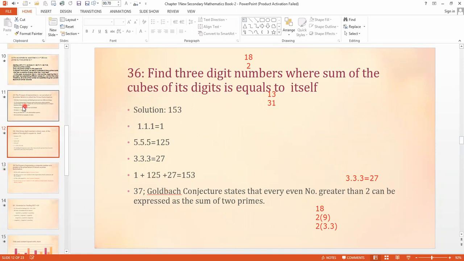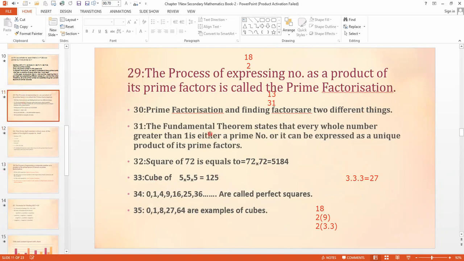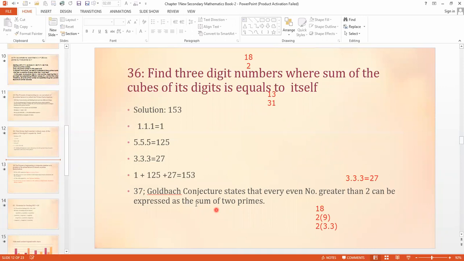Firstly, we learned about the fundamental theorem. What is the fundamental theorem? That all numbers greater than 1 are prime numbers, or they are the product of prime factors. Now we come to the next. A theorem means that everyone in this world proves it is true, and Goldbach's conjecture means that in most cases it is true, but still it is not a theorem. Goldbach's conjecture states that every even number greater than 2 can be expressed as the sum of 2 primes. I think it is clear to all.